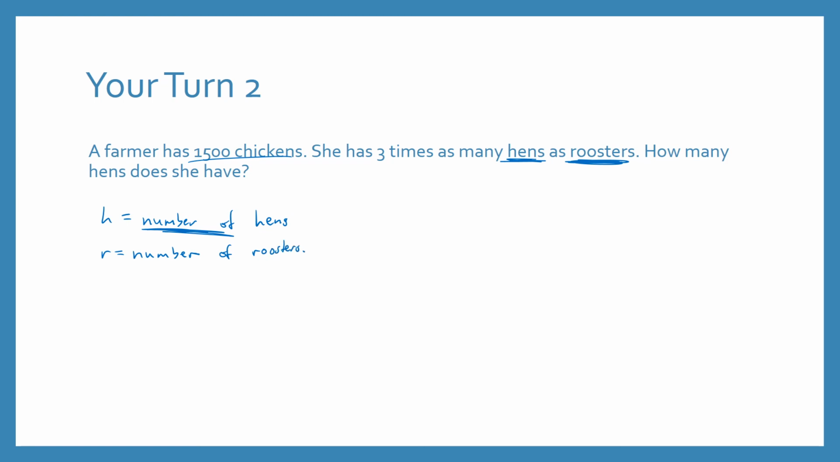Okay, so we're told that a farmer has 1,500 chickens. So we could write 1,500 equals. And now she has 3 times as many hens as roosters. So we know